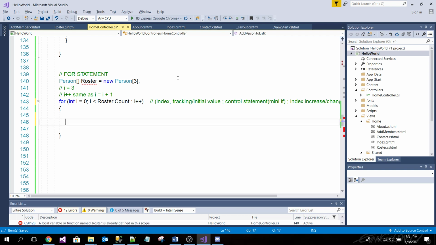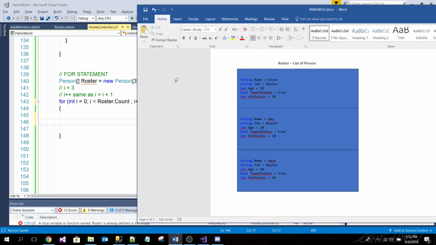Okay, so now let's say I wanted to change everybody's health to 20. How would I do that? How do you think I would do that? That's probably advanced, maybe. I don't know. Well, let's see. First of all, how would I access the name? Well, how would I access the age of the first item in the array?